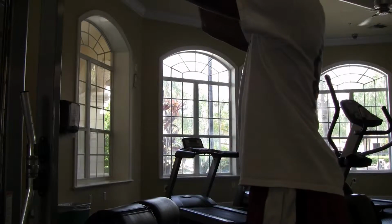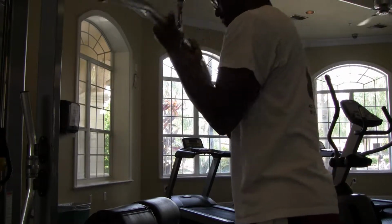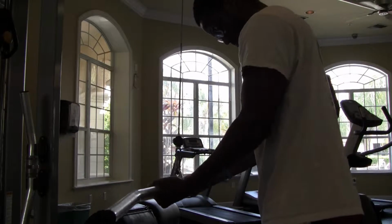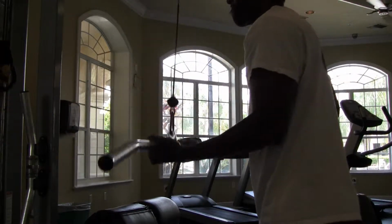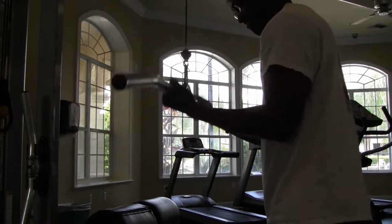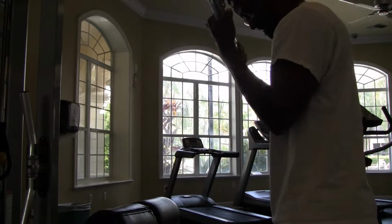Now we're moving on here to reverse tricep extensions. It seems when I do these reverse grip, it makes my arms work a lot more than it does if I have the overhand grip. As you can see, these are underhanded. I know it's a little dark, that's the sun, but